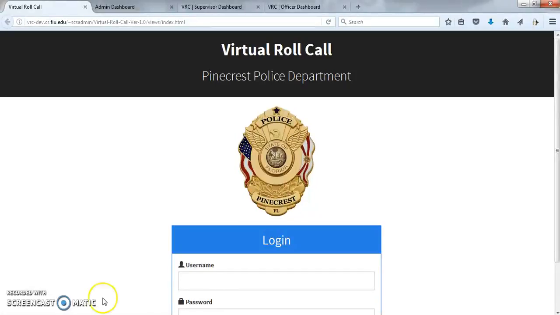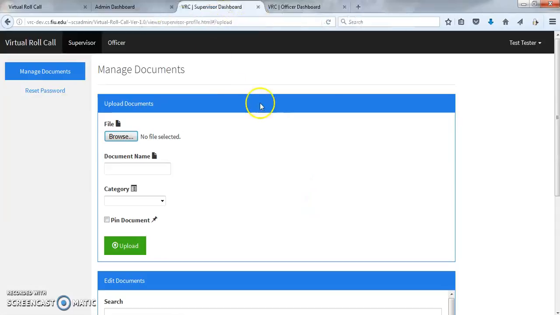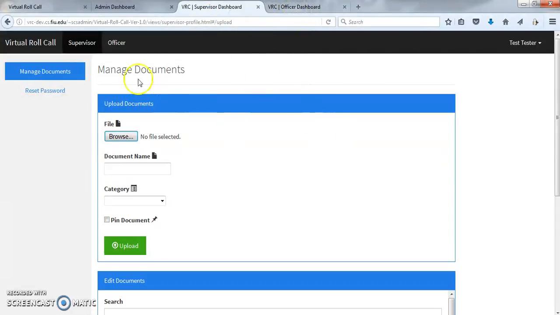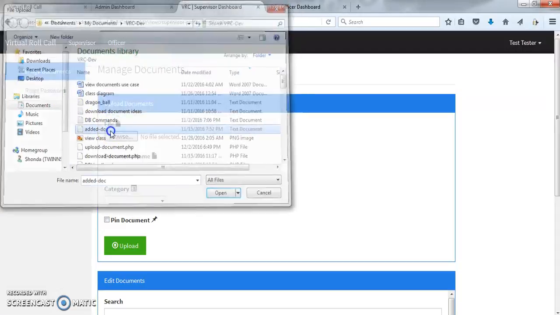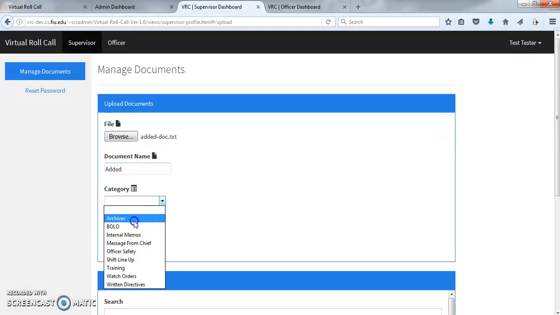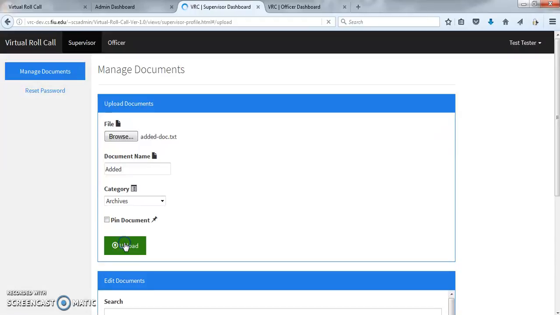So if I go to the supervisor panel, I'm able to have a manage document section, and here I can upload a document. So for example, I'm going to have a document called add document. I'll call it added, and I'll make the category archives, and I'll upload it. Now, as you can see, there's no confirmation that lets the user know that the document was added correctly. But if I refresh the page,